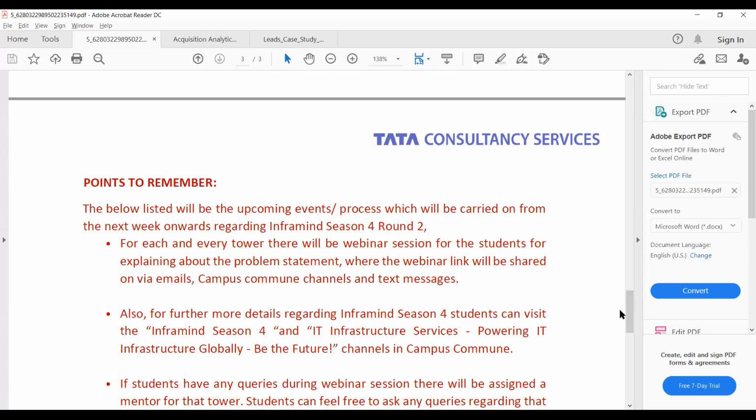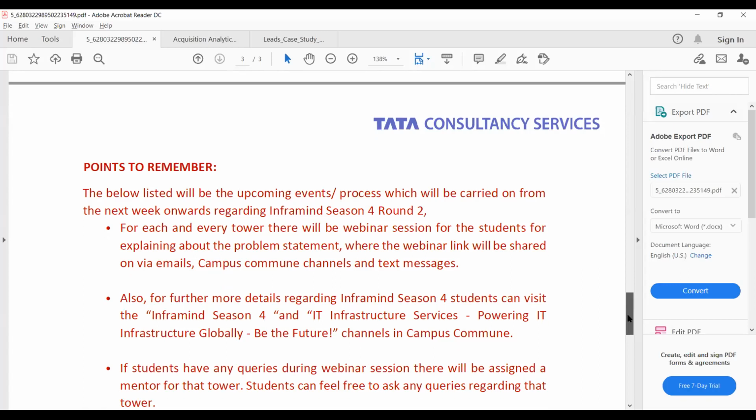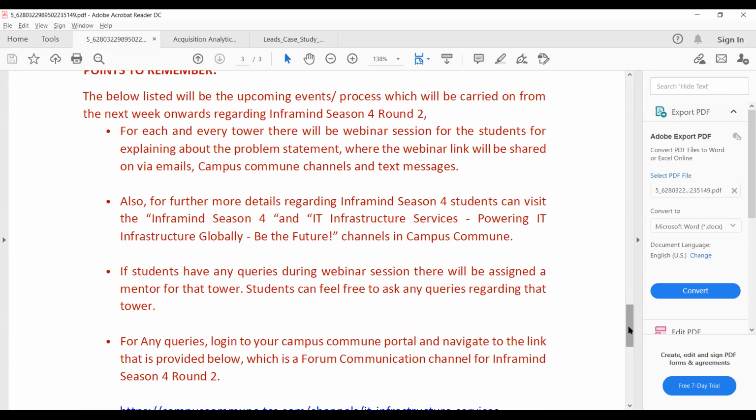So guys, looking at this, what they are asking is that you have to tell the case study, your problem statement, on a web link which they are going to share. Also, for further details regarding InfoMind session 4, students can visit the InfoMind session 4 page and IT infrastructure success.